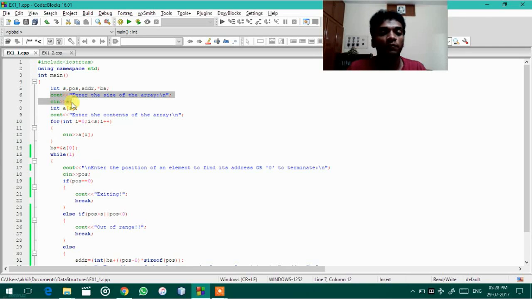Here, in these two lines, I will let the user decide the size of the array. So I'm accepting the size, then initializing. After that, this loop over here accepts the elements one by one. It's a for loop and it accepts the elements. And then after that, in this line,